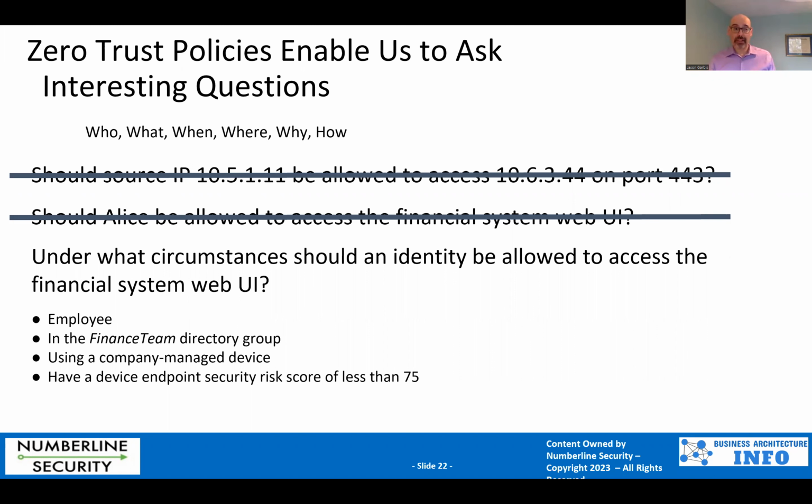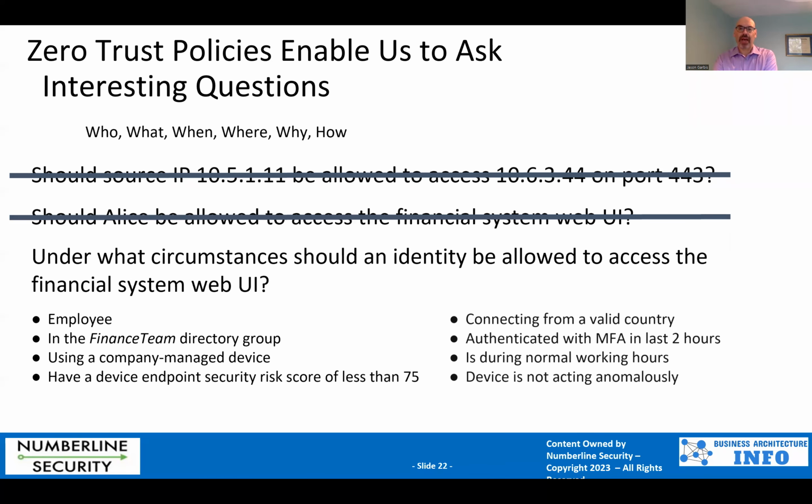They can access the system if they're on a company managed device, right? And our endpoint management system says that their risk score is less than 75. Likewise, there are additional attributes that we can put here around location, MFA, et cetera. Now, all of a sudden, this is a really meaningful policy that is useful for us as enterprise architects, as security architects, as compliance people, and as